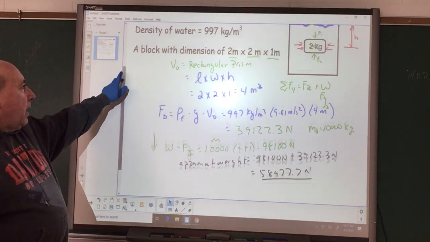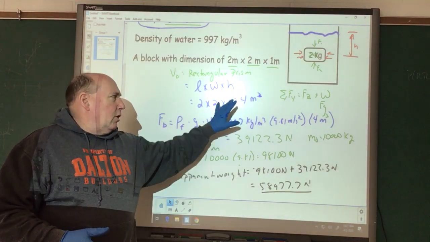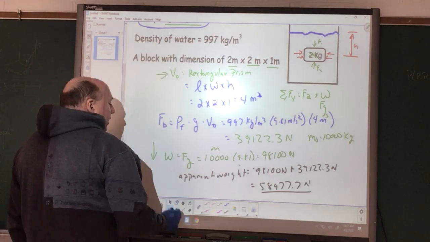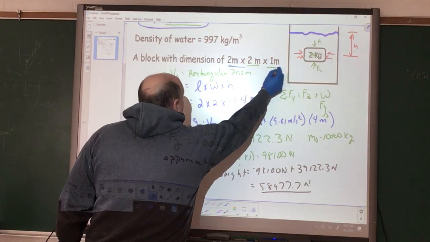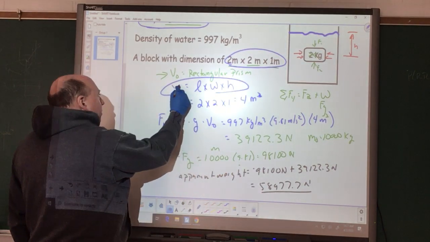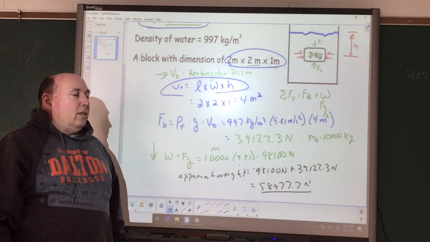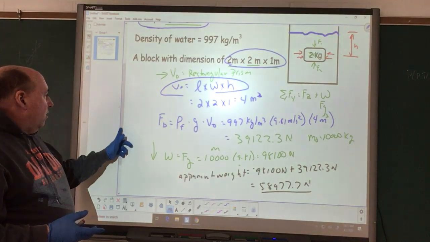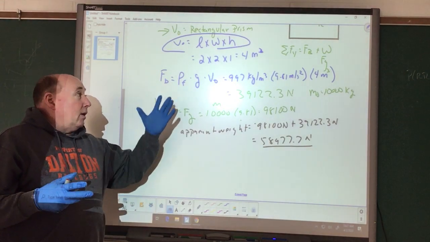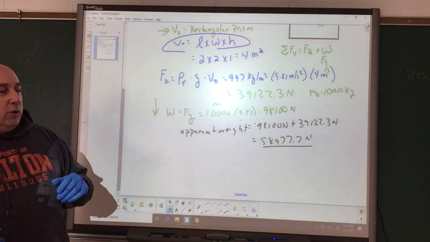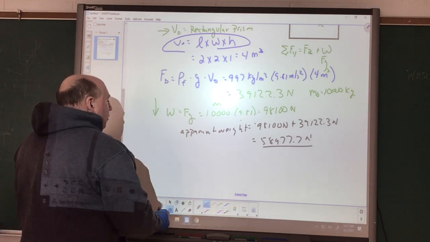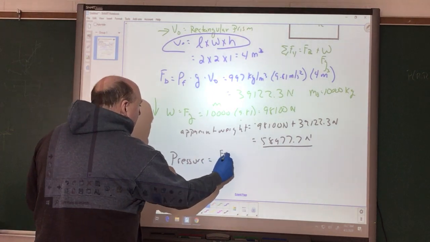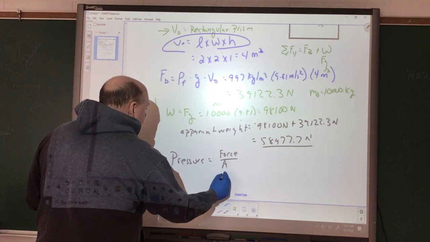Once again, some of the problems, I asked you afterwards what you struggled with, and I think a lot of it is we have to determine this right here, the volume of the object. And how we find the volume of this object is length times width times height. So when we had the cube there, which is 2 by 2 by 2, we can find the volume by doing 2 times 2 times 2. What I asked you about in that problem is the pressure, which is force divided by your surface area.